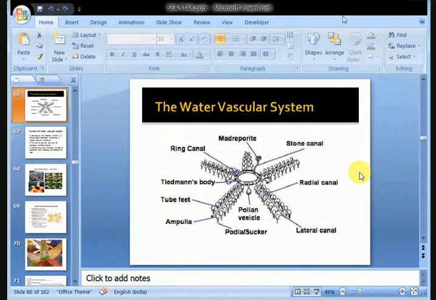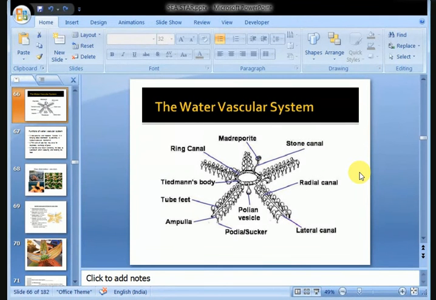So we were talking about various systems of sea star, and we have come to this particular topic, the water vascular system. Although we have introduced this system to you already in several previous classes, we know that this is a unique system to echinoderms, and it helps mainly in locomotion. Actually, it is a part of modified coelom, right? So that is why we said that there is an extended and well-developed coelom in this.